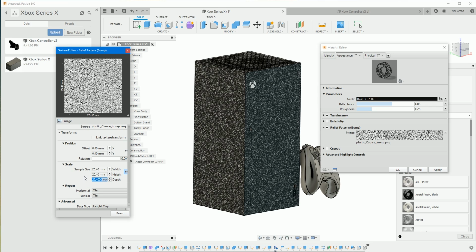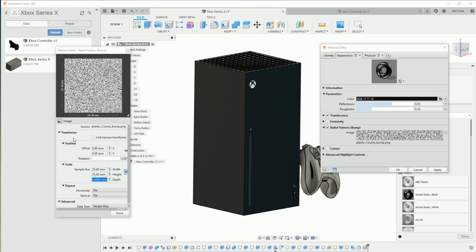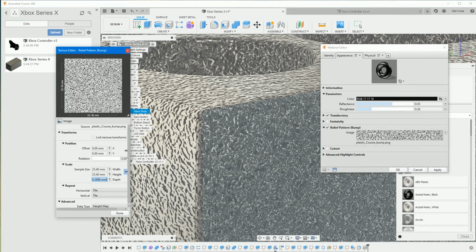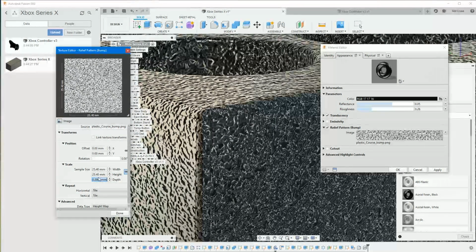So 25mm depth is obviously ridiculous. We'll change that to 0.4. Just zoom in, and then when you zoom right in, you can see exactly what it's going to do. It looks very unrealistic in this mode because we're in modeling mode. We're not in the rendering environment, so the textures and the materials do look very unrealistic. But